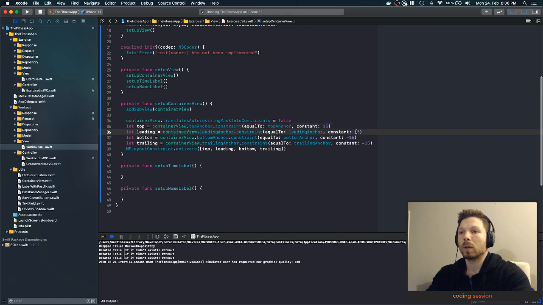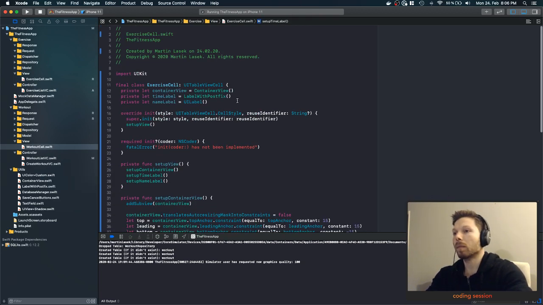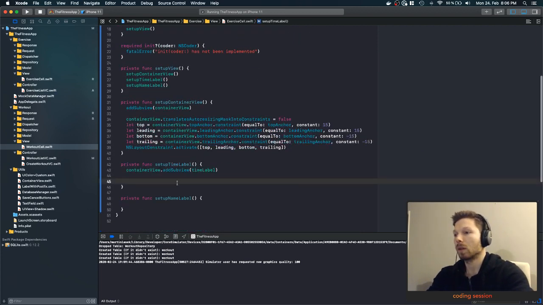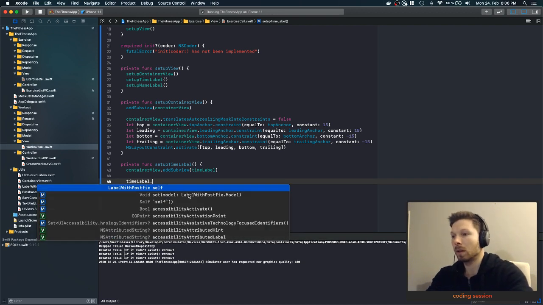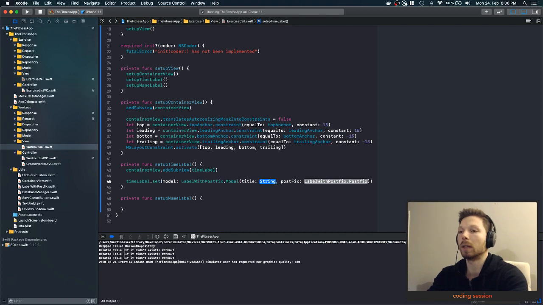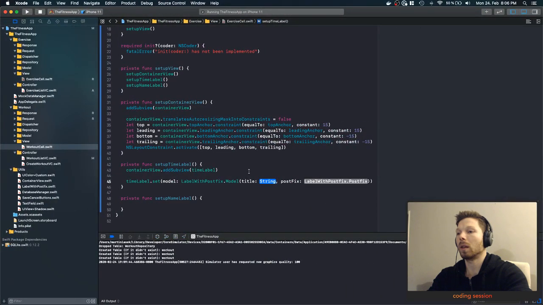And we have top exactly. Everywhere is spaced out. And here we can say container view add subview time label. Wait a second. Do we have time label? Label with postfix model. What does this one include? The title and the postfix. Alright, so it's basically this and that, which means